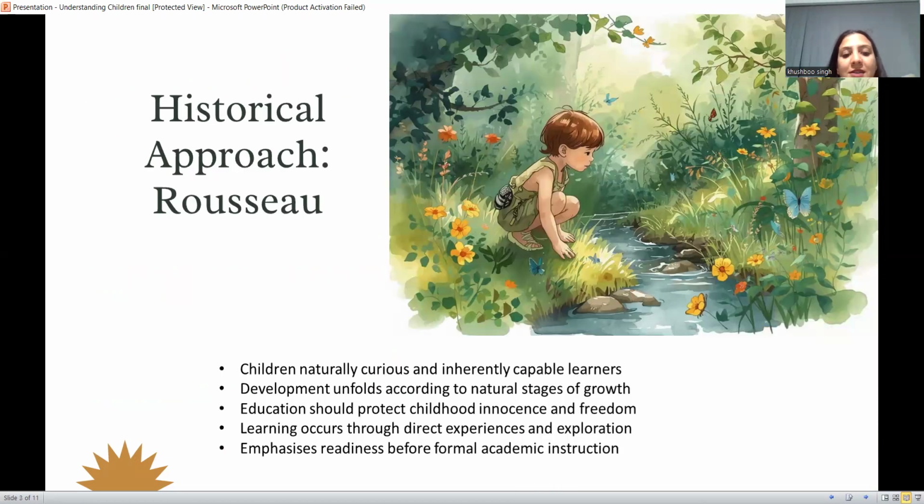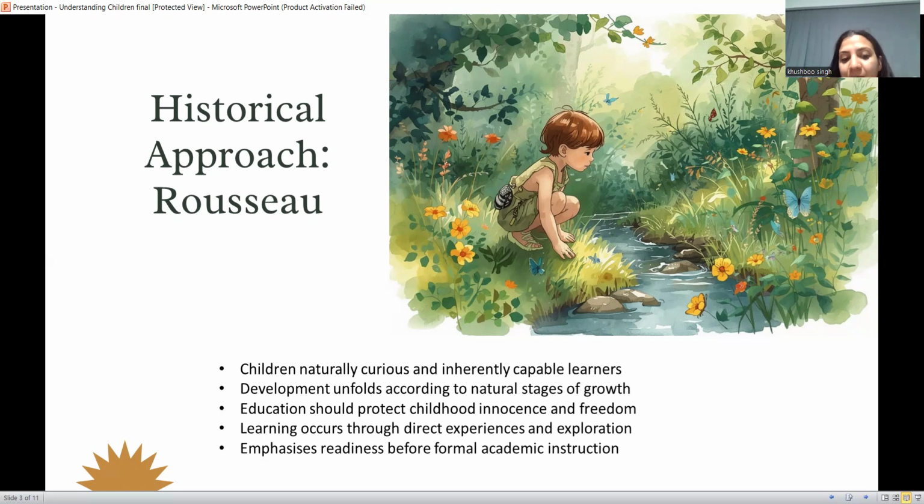Historical approach: Rousseau saw curiosity and the ability to learn as something innate in all children. He proposed that children's development occurs in stages and that education should be respectful of their developmental readiness. Learning, in his view, was to be conducted through the child's direct experience and not by strict teaching. This perspective helps me to appreciate developmentally appropriate practice. However, as a future ECT, there will be a need to balance natural development alongside the structured curriculum demands within contemporary